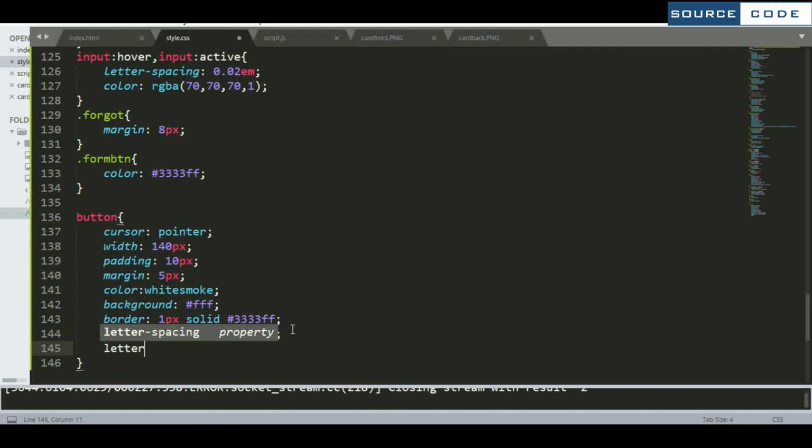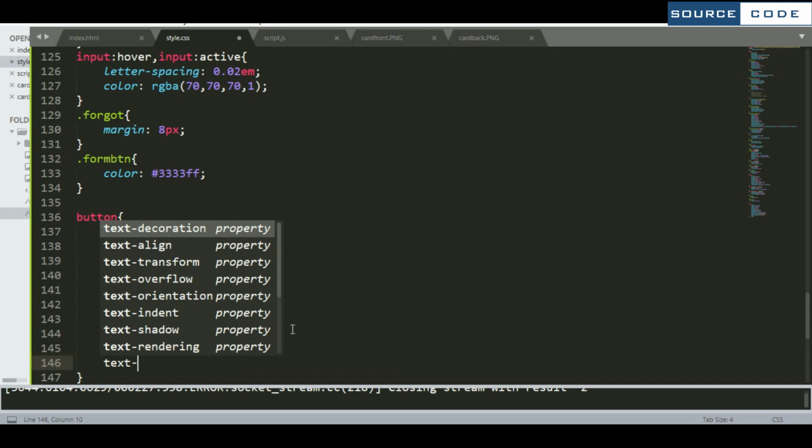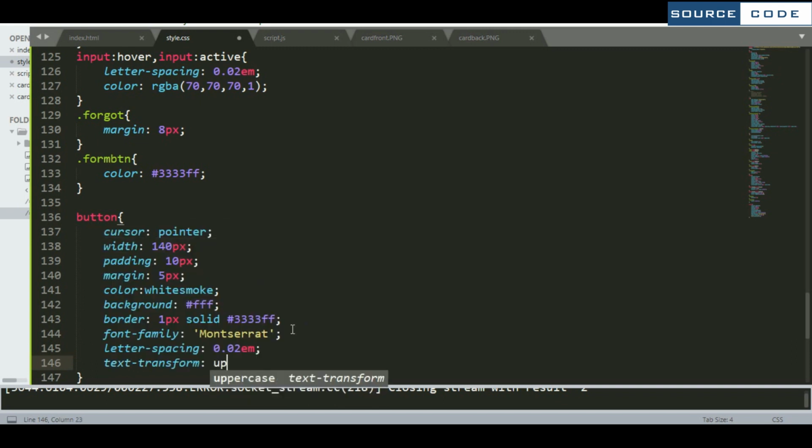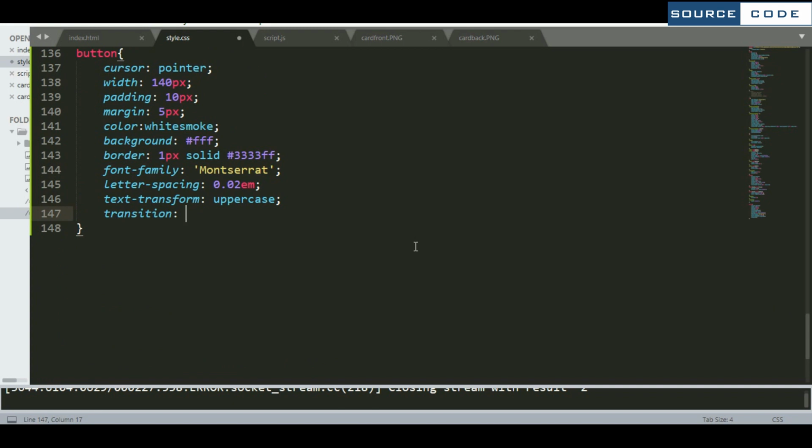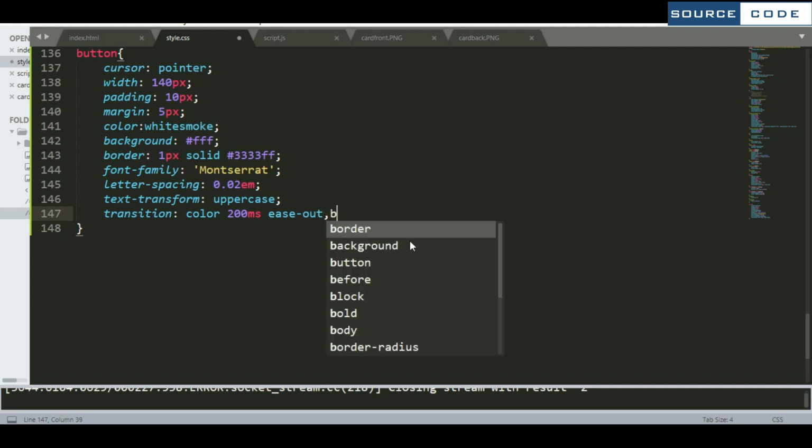Now give a letter spacing here. So for the letter spacing, I'm taking 0.02 em. Now make the text transform to uppercase. Now we need to add a transition here. So first of all, we are going to add a transition for the color. Next for the background.